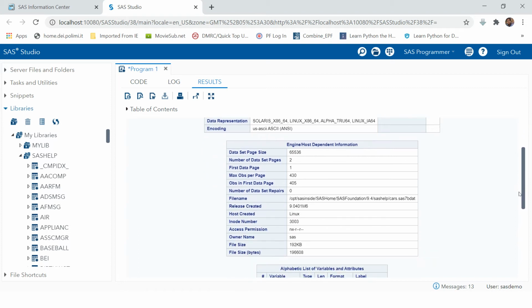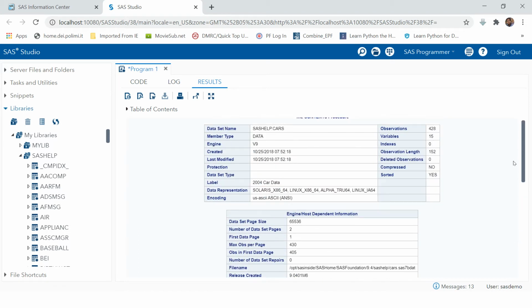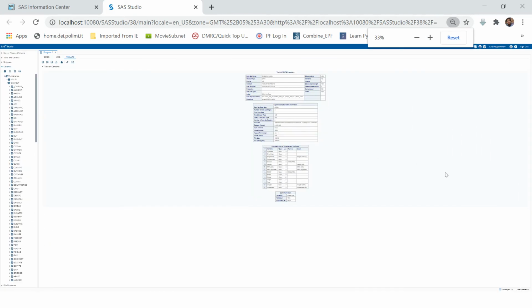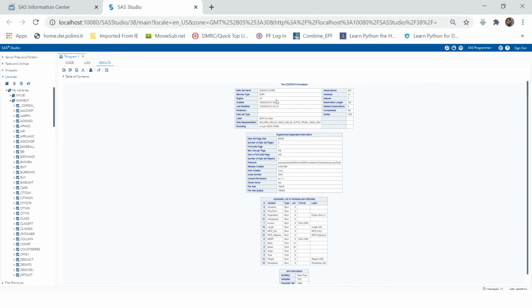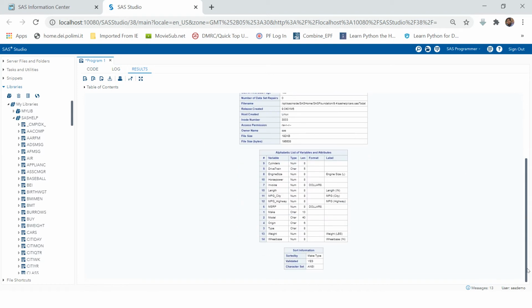If you see, this has three major sections. Let me reduce the magnification. In fact, here it has a fourth section as well, which says whether the data is sorted or not.